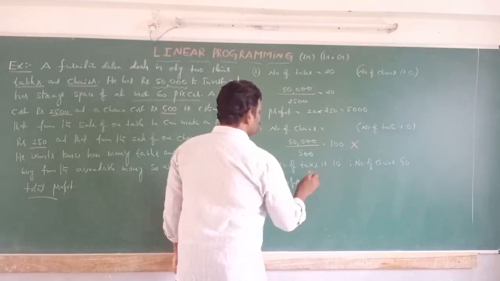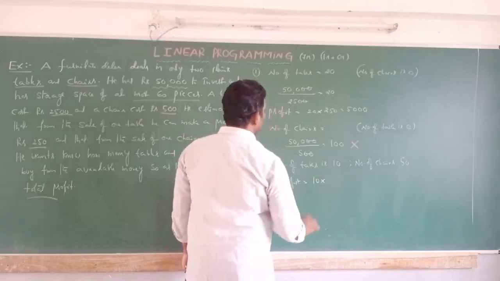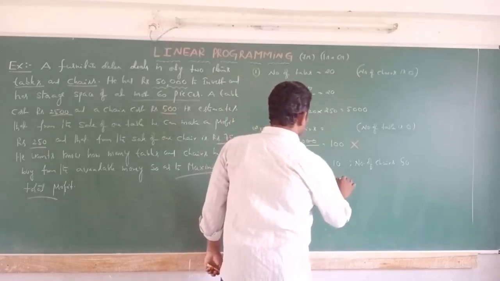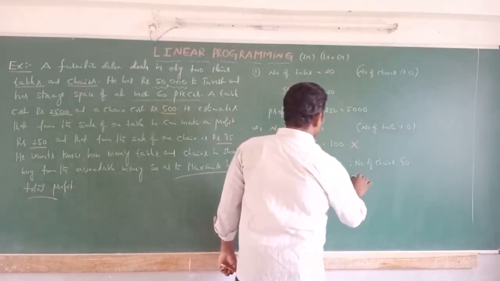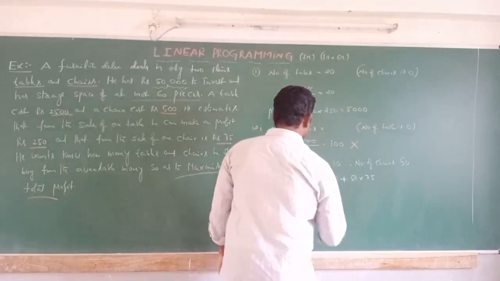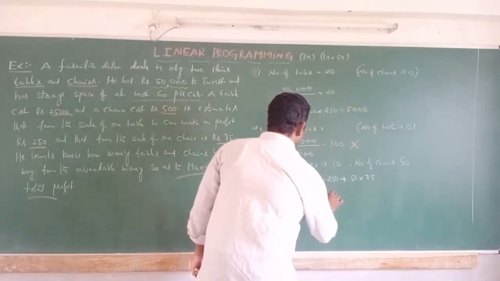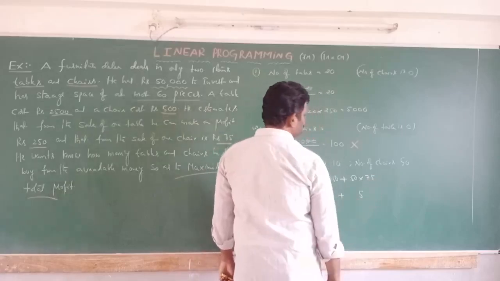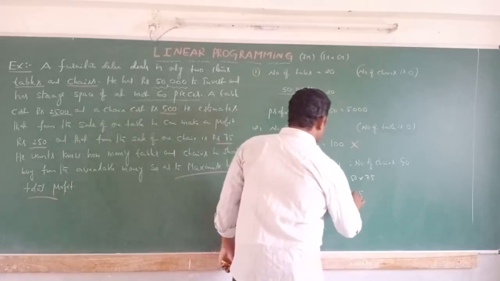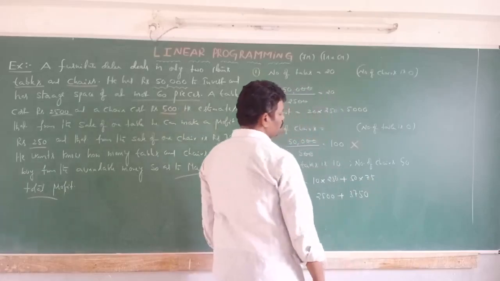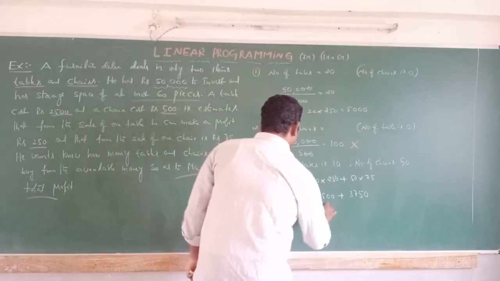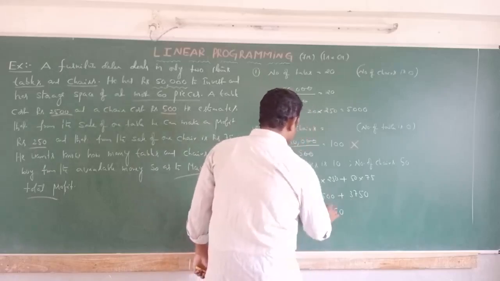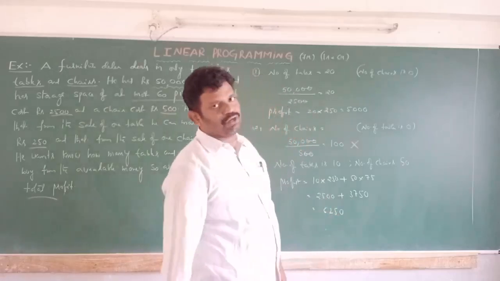Profit is equal to 10 into each cost table profit of 250 rupees, plus again you get 50 into 75 rupees. That is equal to 2500 plus 5 5s are 25, 5 7s are 35, 37. Okay? Now if you want to get this one, then total how much you might get? 4 plus 2 is 6, 6250 rupees.